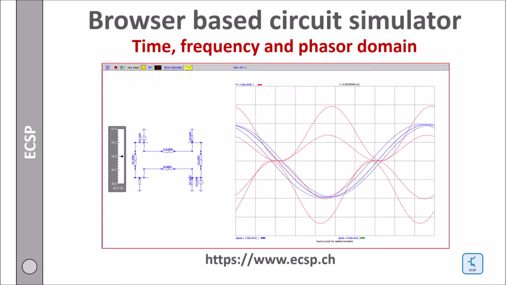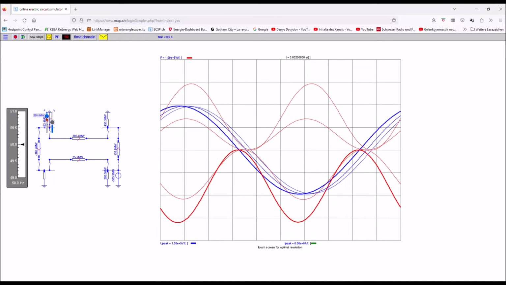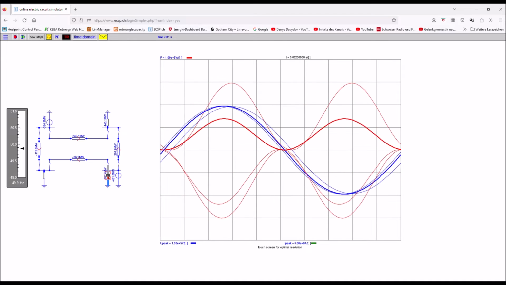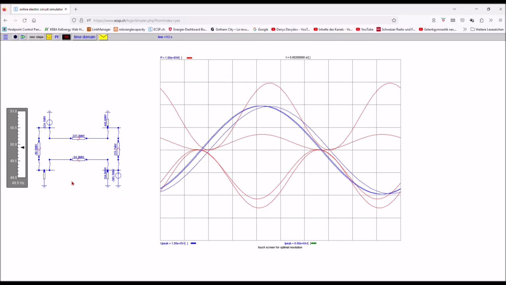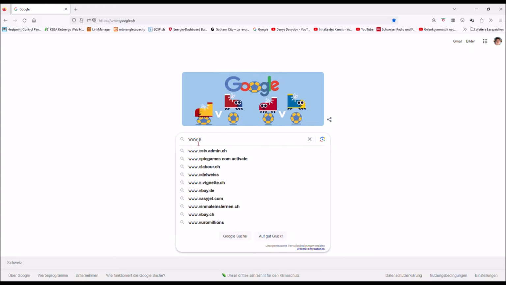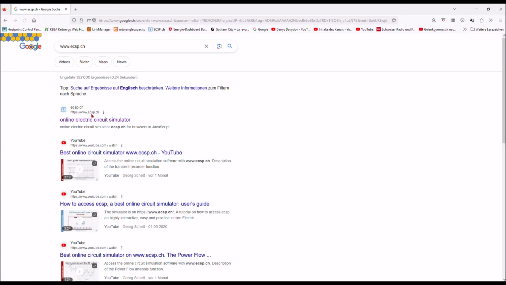If you want to quickly and easily build an electric circuit model and interactively play with the elements, this is the place to go. For example, you can change the phase angles of the power sources in real time and watch the resulting changes in the power flow across the grid. There is no better tool to get hands-on expertise in electric circuits. You can access the browser-based tool via link below